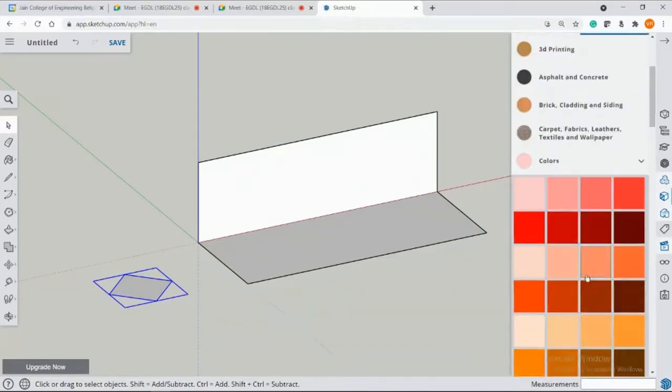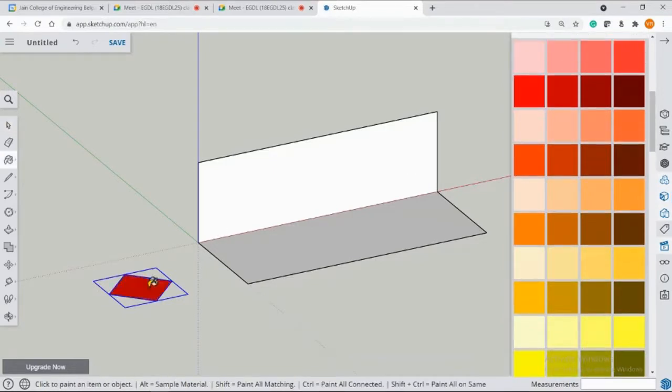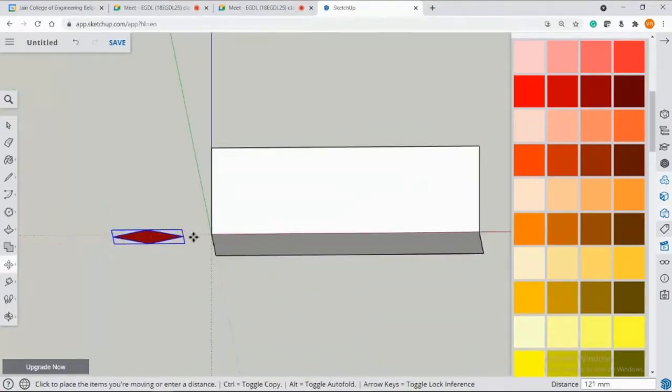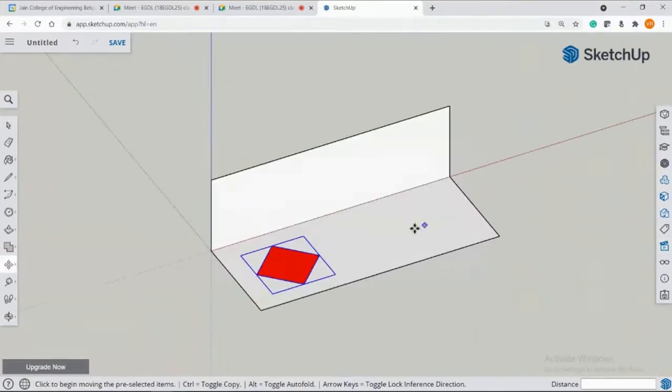Let me take this as a red color, and move this up along the blue axis. And let me move this here. So this is your first step. It is resting on the horizontal plane.